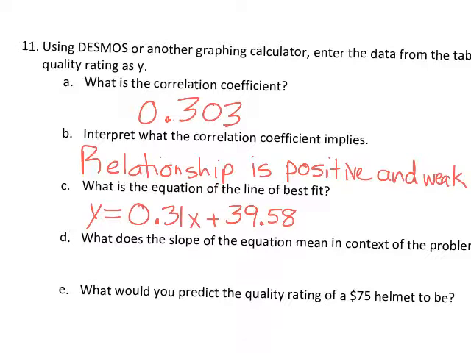Let's go back to the last page. Actually, if I go back to the last page, it's going to mess up my video. So you guys scroll back up to the last page. What's the context of what we're looking at? What's X and Y represent here? X is the price and Y is the quality. Good. So X is the price, Y is the quality rating. So if X is the price and Y is the quality rating, what does a 0.31 slope mean? So do your if-then statement. For every